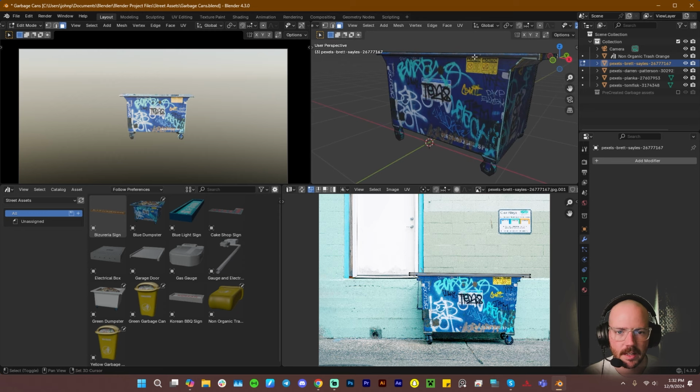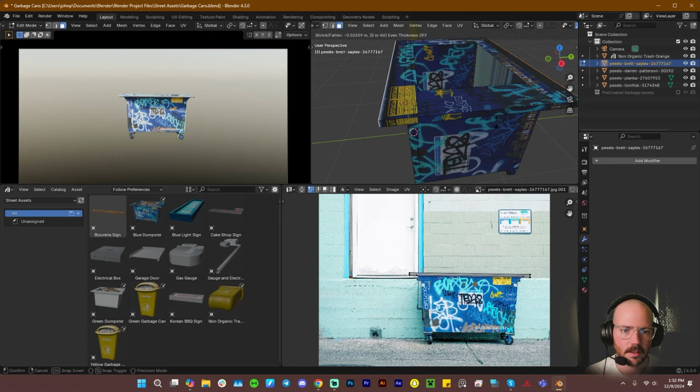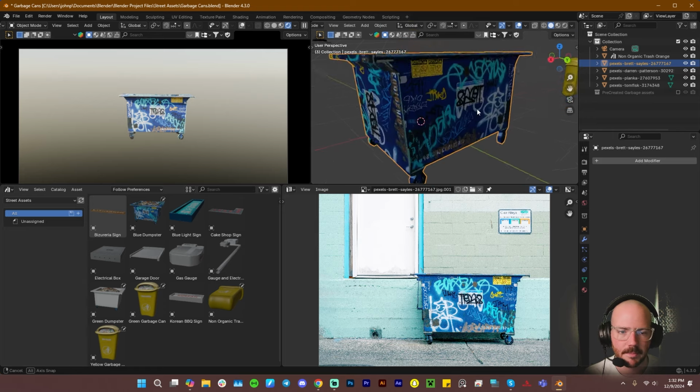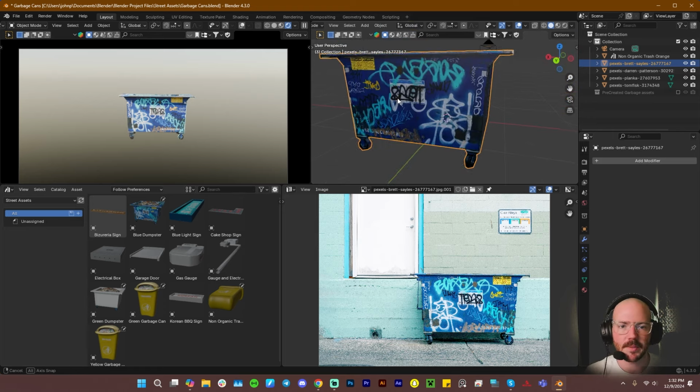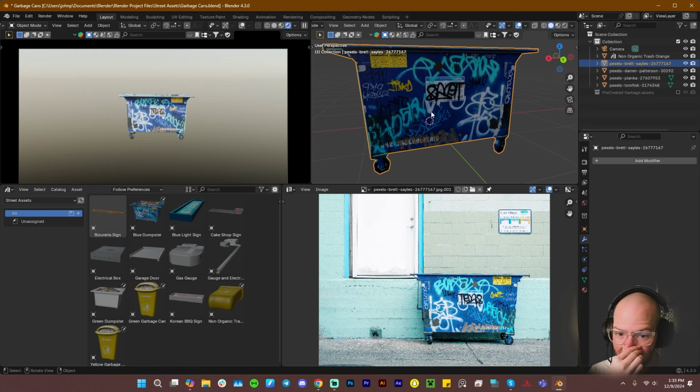Now 3. I can select that face. I can select that face. Alt E, extrude faces along normals and just send it out. Tab. That's it. Simple. Easy peasy lemon squeezy. And that is sick. Now to add detail to this, literally you do the exact same thing we've done to